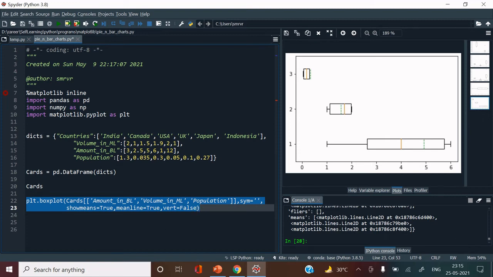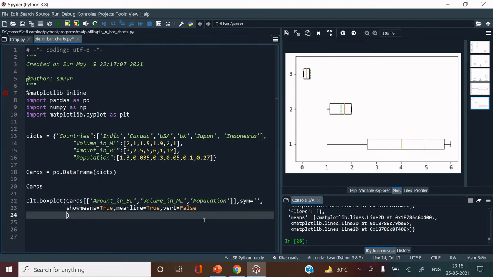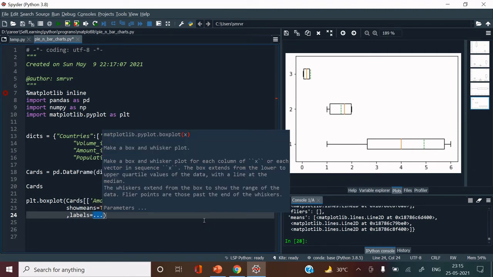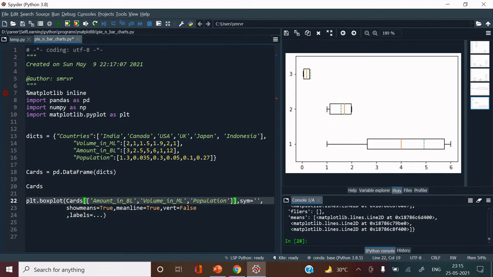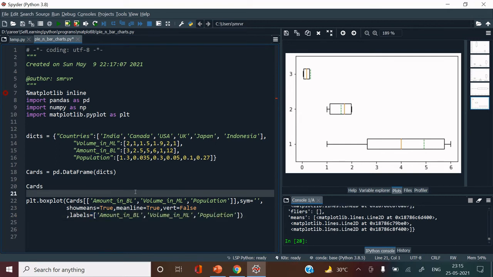We can see all of these three box plots have been created for all of these three variables separately. Now, saying 1, 2, 3 creates confusion, what I mean is which box plot represents which variable. You have to keep it in mind for each of the variables, which you can do if you have a small number of variables. But what if you have many variables? How can you do that? Just include labels and supply the list of variables which you have included over here in the same sequence. So what I'm going to do is copy and paste that over here, and let's run this.